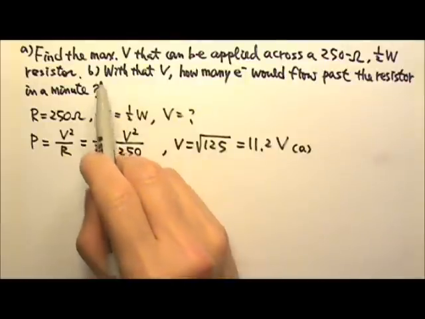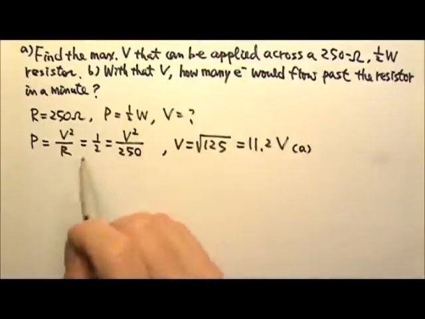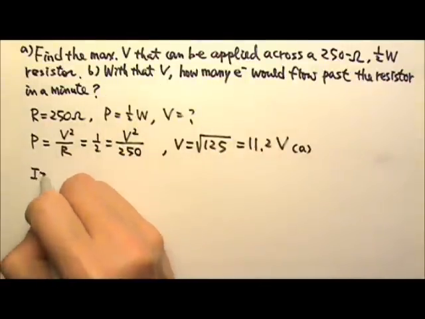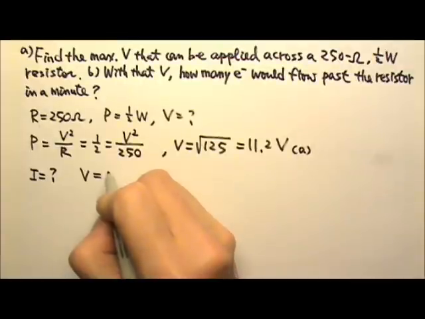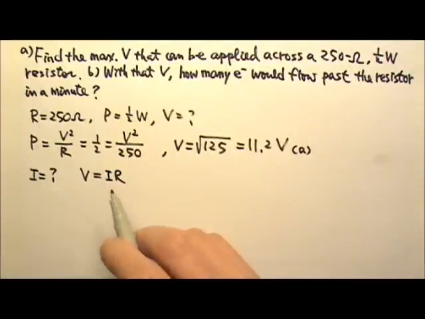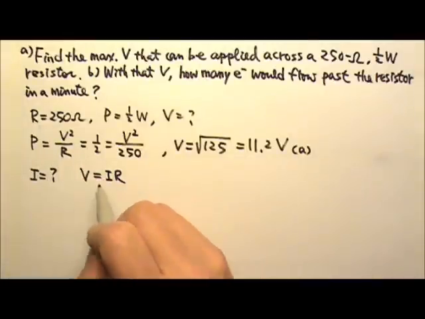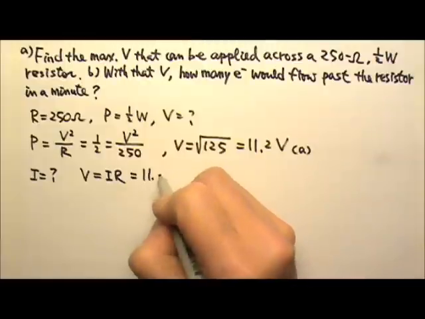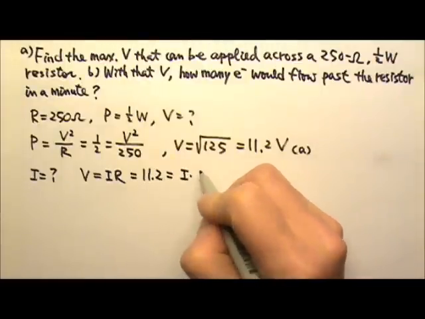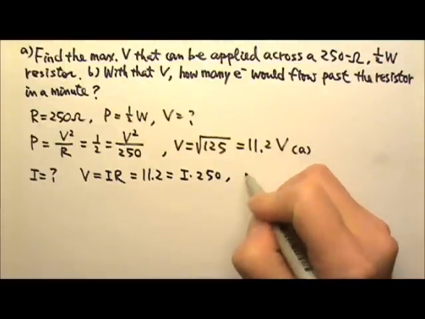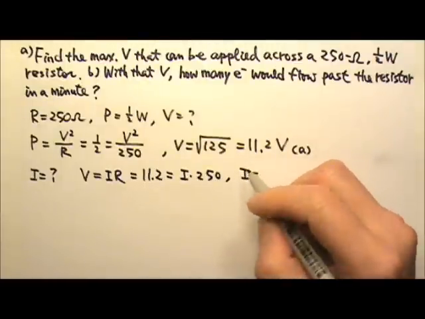For Part B, we're looking for the charge flow, which means we have to find the current first. We can use V equals IR, Ohm's law, or we can use a different power equation to find the current. I'm just going to use Ohm's law. 11.2 equals I times R, 250. So this will give us a current that is